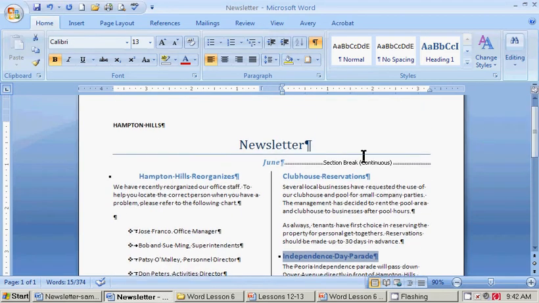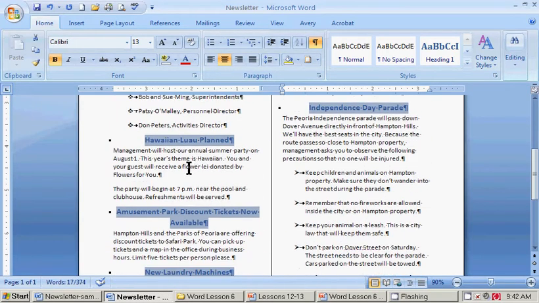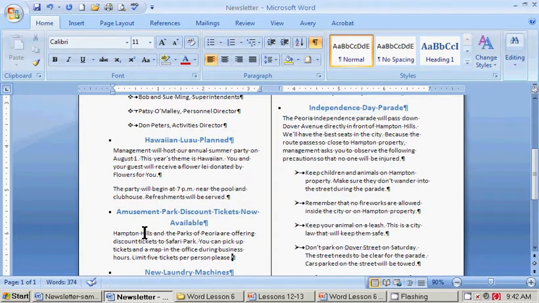And if I click all of them at once, all my article titles, and click center, they will all center up within the columns. So that is how you do that. Now,